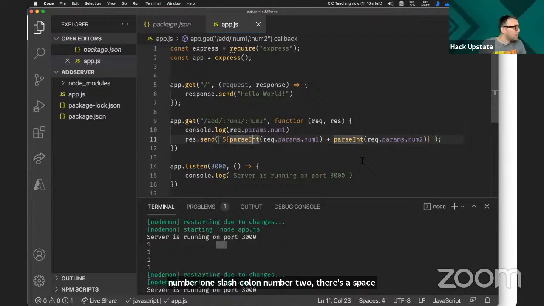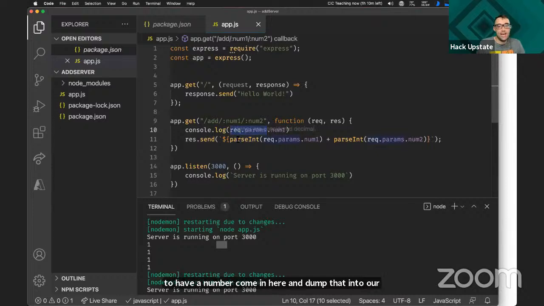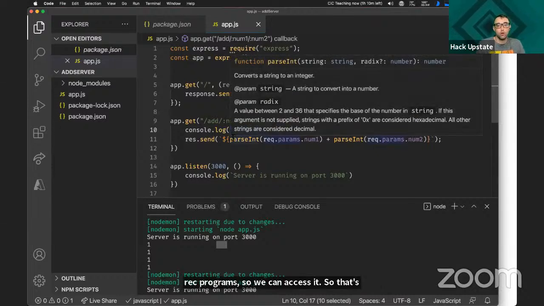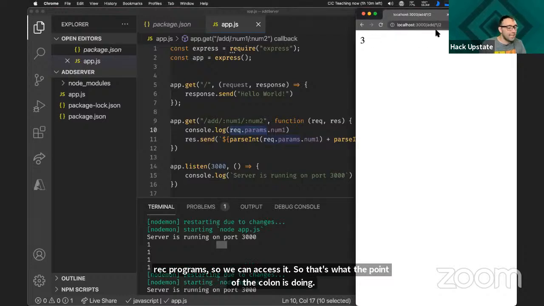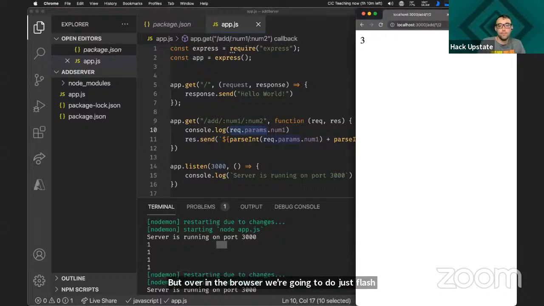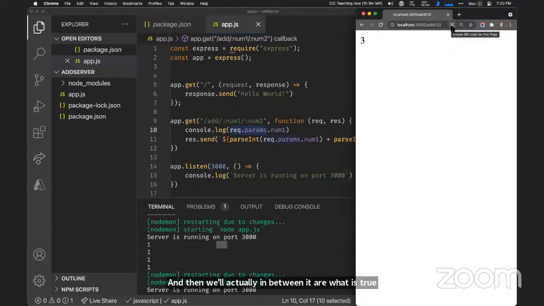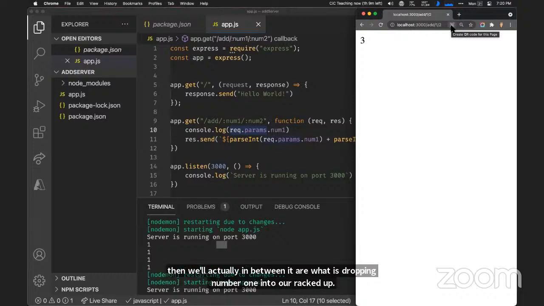And that's basically telling Express, hey, be prepared to have a number come in here and dump that into our req.params so we can access it. So that's what the point of the colon is doing. But over in the browser, we're going to do just /1/2. And the slashes in between are what is dropping num1 into our req.params.num1. So you're just pulling the 1 and 2 and the slashes out of the code basically, and it knows what to do. Correct.